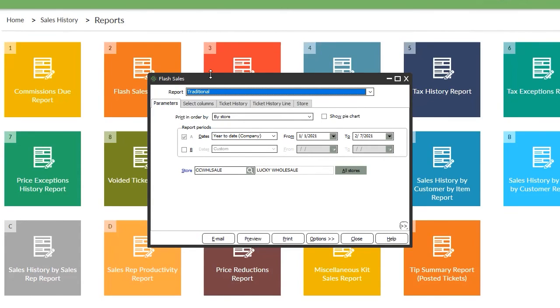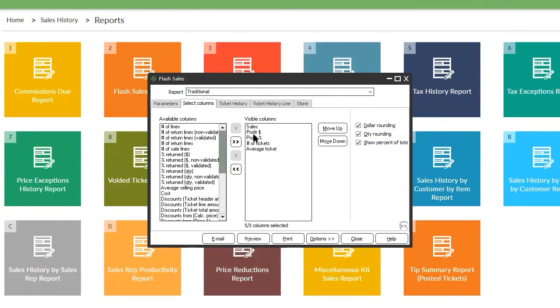In flash sales, you can see the sales for that period. You can add multiple periods. You can have different columns. You want to see sales, profit, how many tickets, what was the average value of a ticket. If you want to see what was the average cost of that ticket,